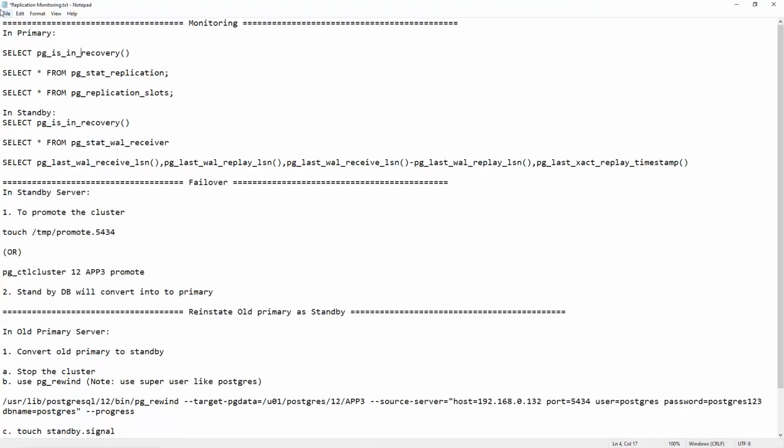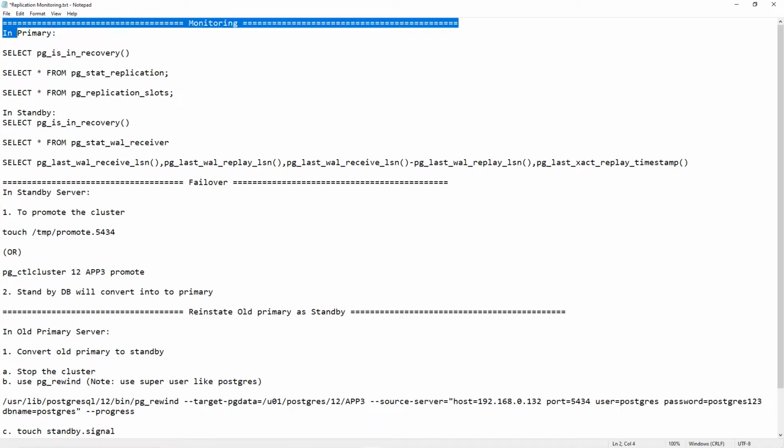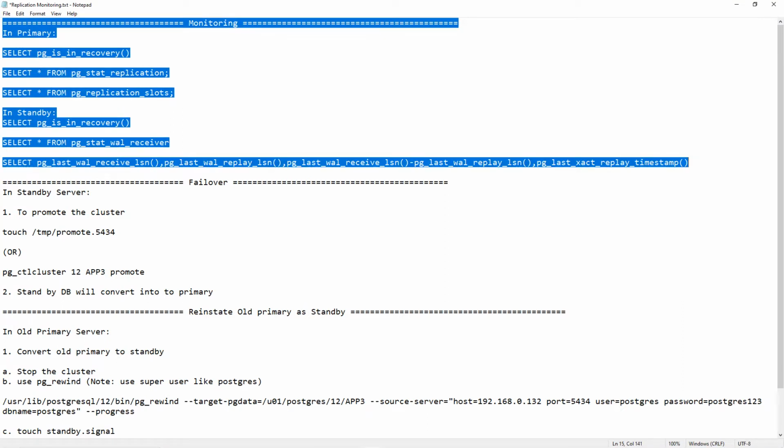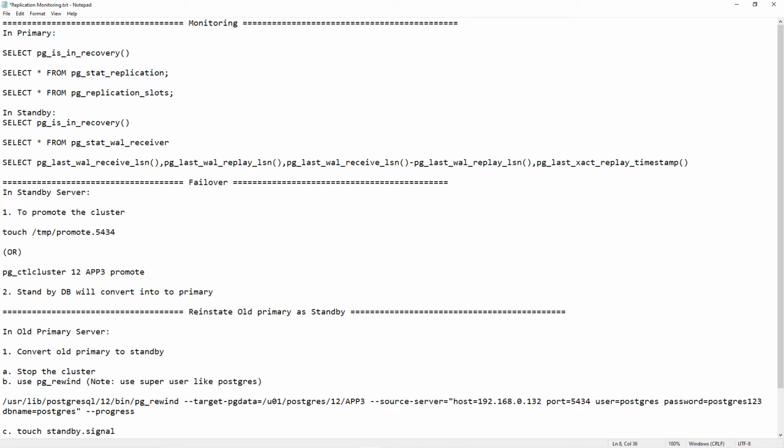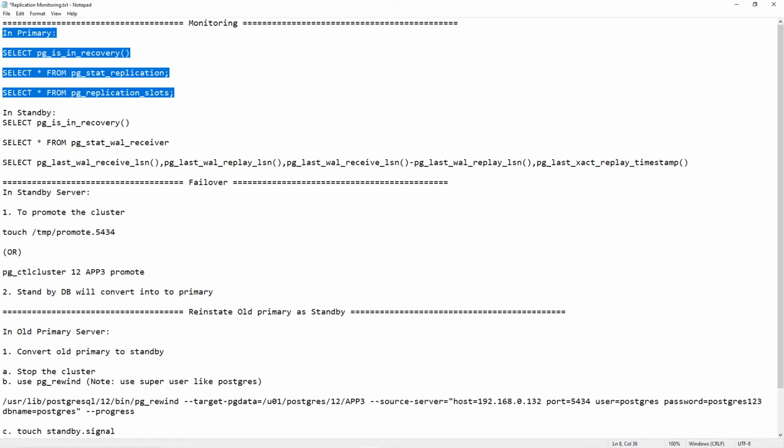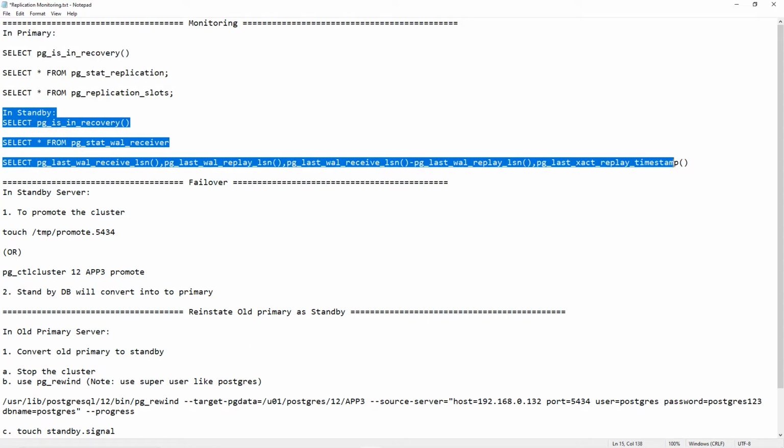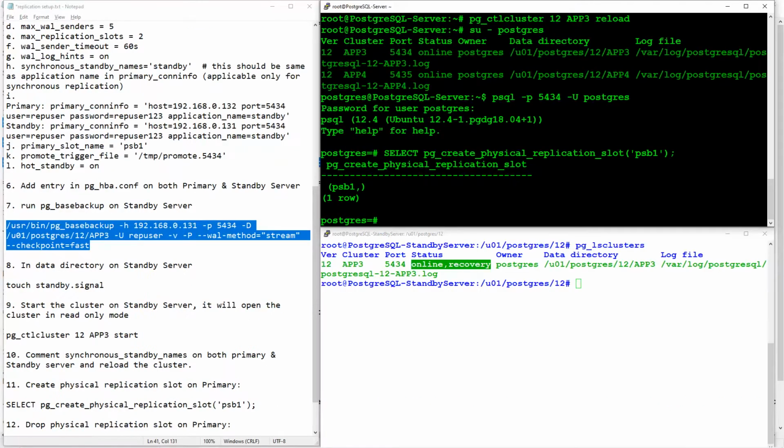Before going to today's demo, these are all the queries which I used to monitor my physical standby replication. These queries we need to execute in primary, and these queries we need to execute in standby. Now let's move on to the demo. As part of my demo, I'm going to convert my synchronous replication mode to asynchronous replication mode. For that, what I will need to do,